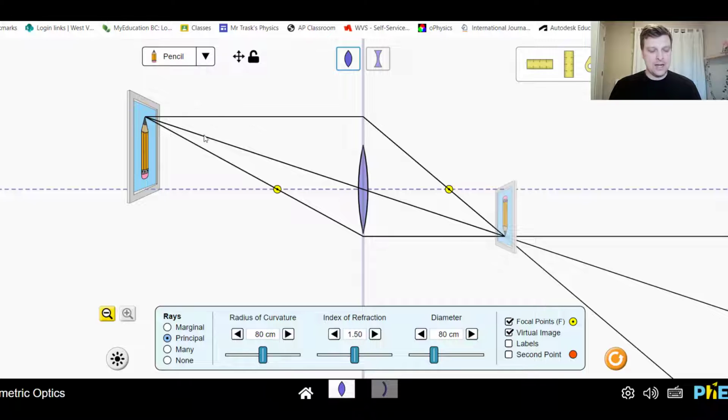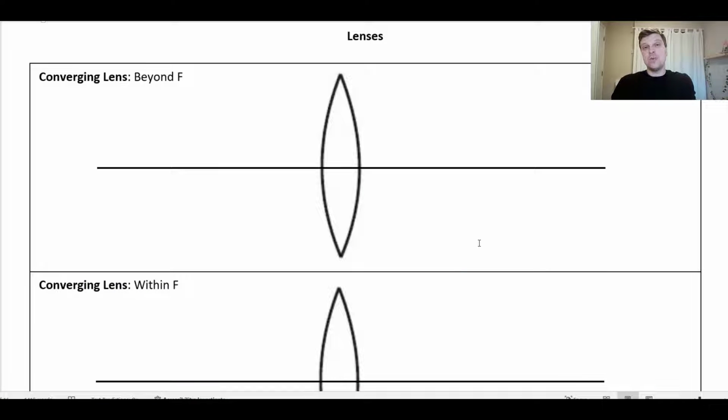One thing to note is that you can see that these rays don't even hit the lens. Because this is geometric optics, we can just think about what the lines are doing. And what I mean is the lens itself, you can imagine that it's very, very thin, and that it's very, very tall. So you can just draw a straight line up and down that kind of represents the lens, and any line that hits that is going to bend. So again, there's going to be different situations depending on where we put our